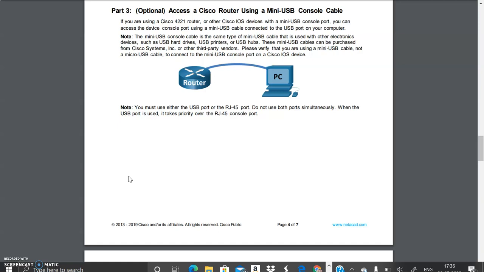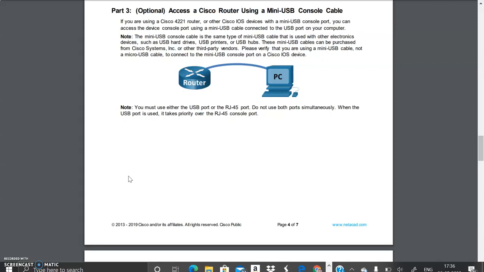Note, the mini USB console cable is the same type of mini USB cable that is used with other electronic devices such as USB hard drives, USB printers or USB hubs.